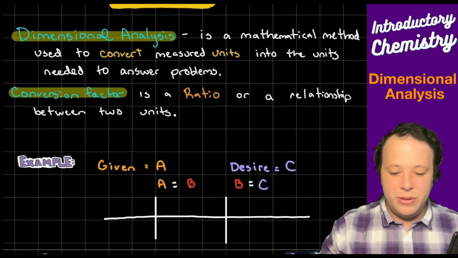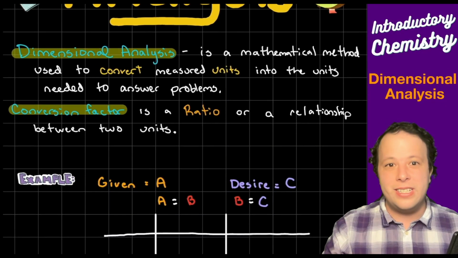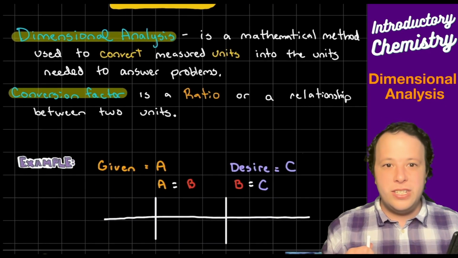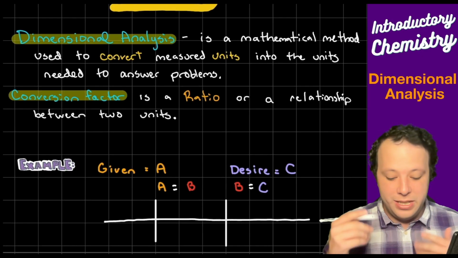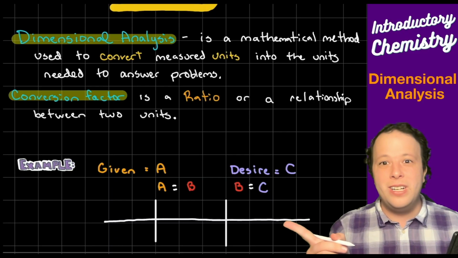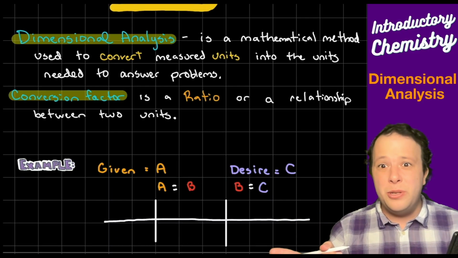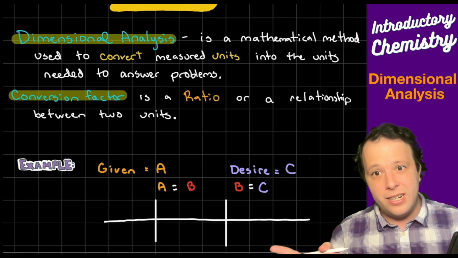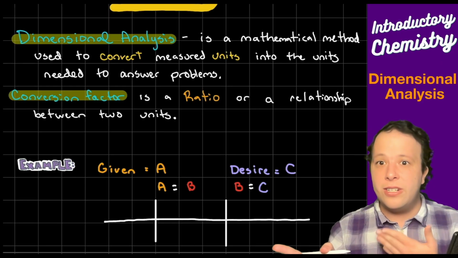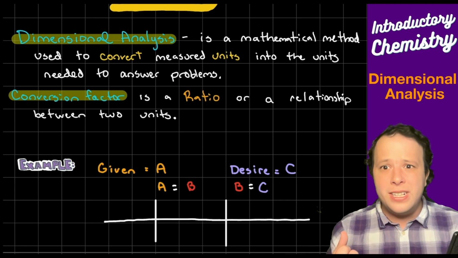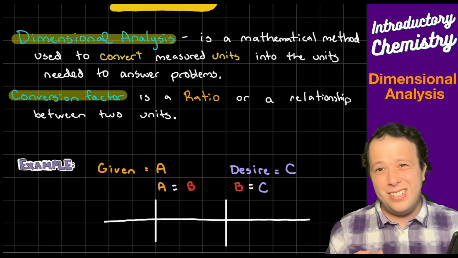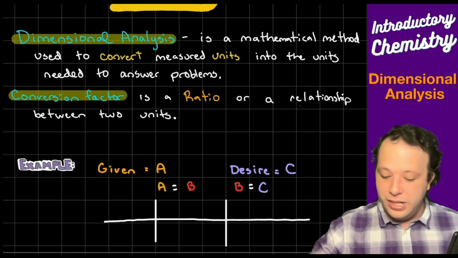Let's look at a little preview. What does that exactly mean when it comes to dimensional analysis? Well, we're going to be looking at just understanding simple fractions. Before in unit conversions, we set up a t-table like the one at the bottom of the screen. You always write down the different units you were given and what you desire. So if I'm given A and I desire C, I might have a couple of relationships that can get me there, whether it's through prefixes, US to metric conversions, maybe density, maybe even something that's given to you in a problem, maybe through medical dosages. There's all kinds of things that you can come across.